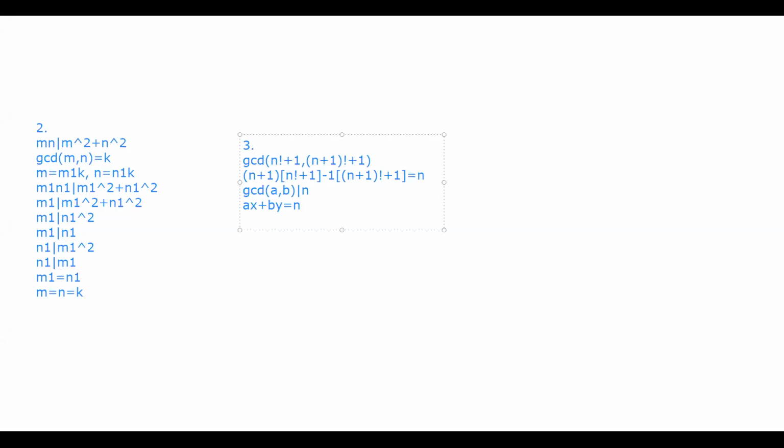So by Bézout's identity, this identity, GCD of n factorial plus 1 and n plus 1 factorial plus 1 divides n. So what does this mean? If this divides n, then it will mean that